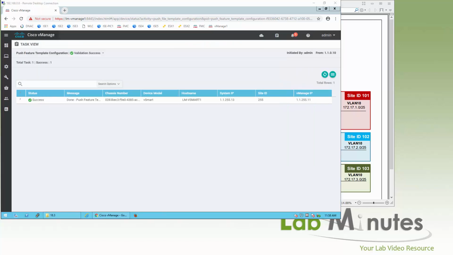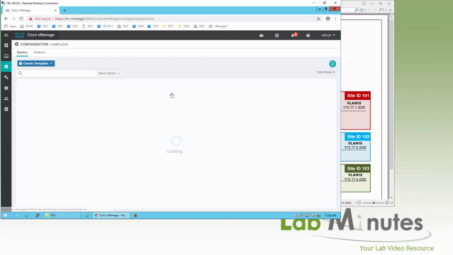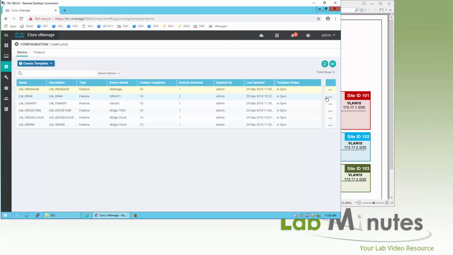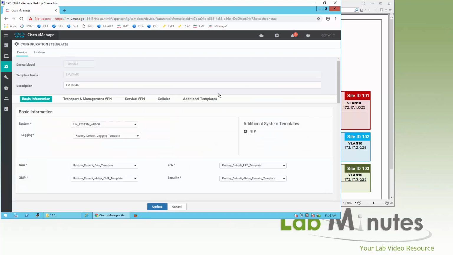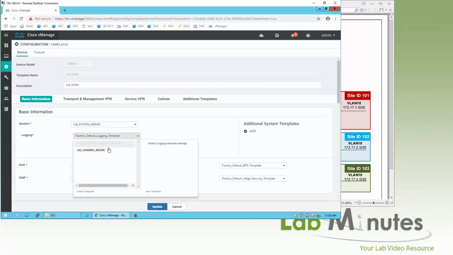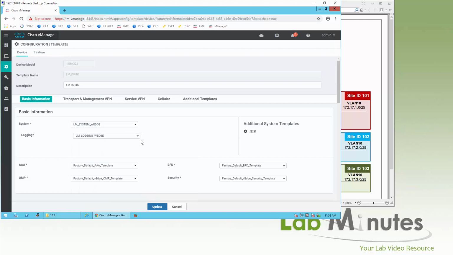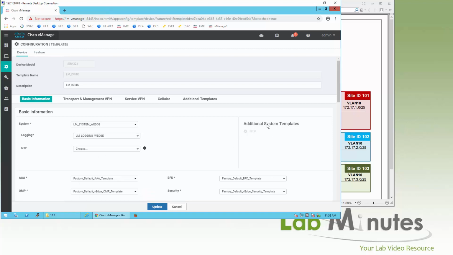Next we're going to do ISR 4K. Go back to template, edit the ISR 4K. Logging, we have logging configured. You can add NTP. You can see archive is not an option here, right? So you can't do archive with IOS XE, I guess, right now. Add the NTP,